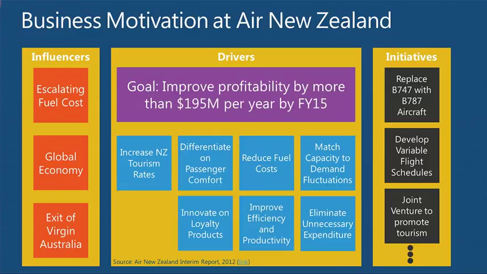I mean, every competitor can guess these strategies, or they're doing them themselves, or they can just see the behavior of Air New Zealand. So it's not like it's hidden information. You want to convince your stockholders, in this case, that you're doing good work. And so these are the different strategies. Reduce the fuel costs, improve efficiency and productivity, and eliminate unnecessary expenditure. I like that one. What does that mean? We're going to have some fun with that one as well.